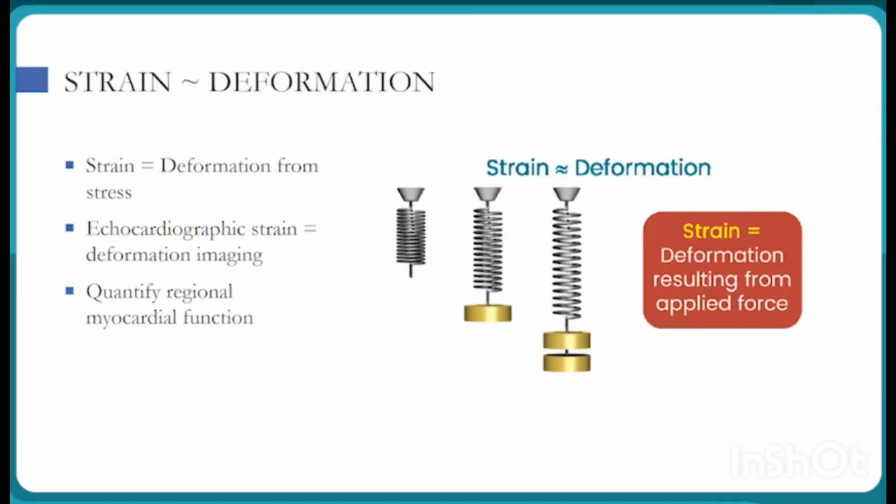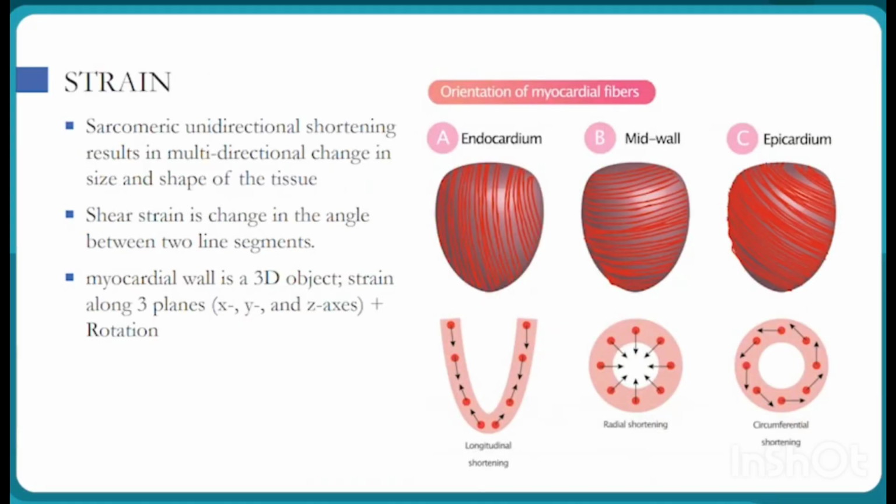Strain is equivalent to deformation when there is a stress. Echocardiographic strain is a deformation imaging that quantifies regional myocardial function. In strain, when the sarcomere shortens in a unidirectional way, it results in a multidirectional change in size and shape